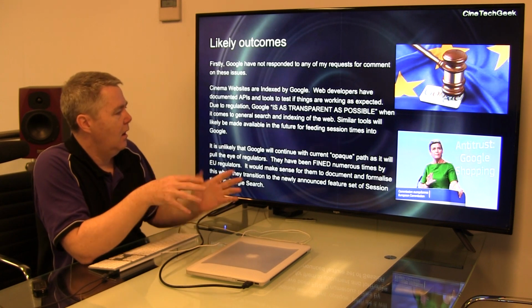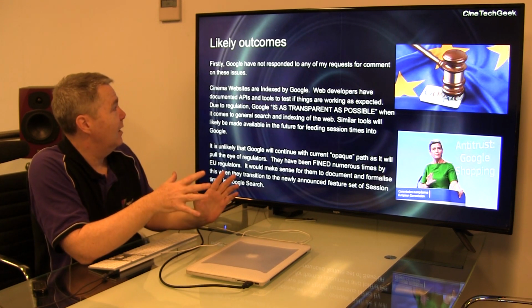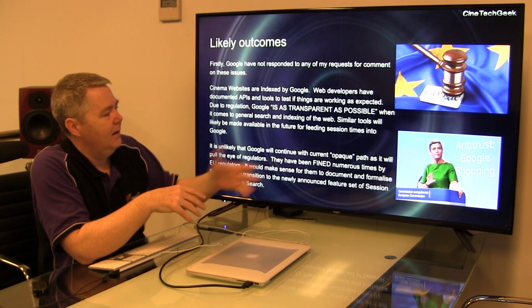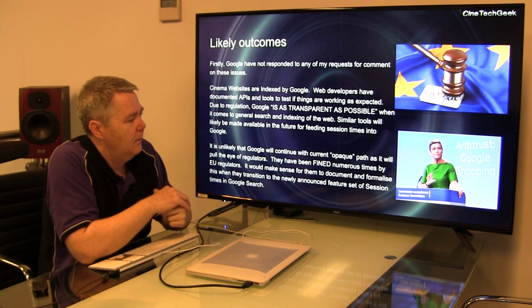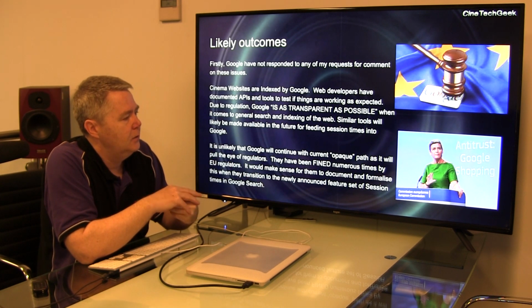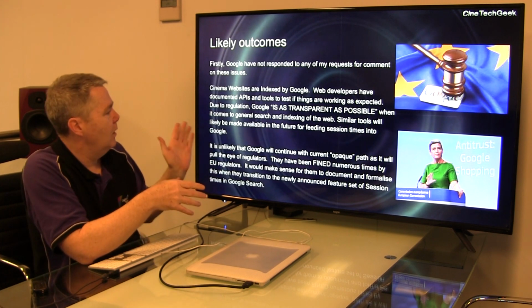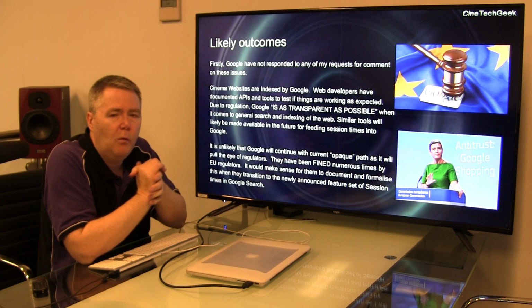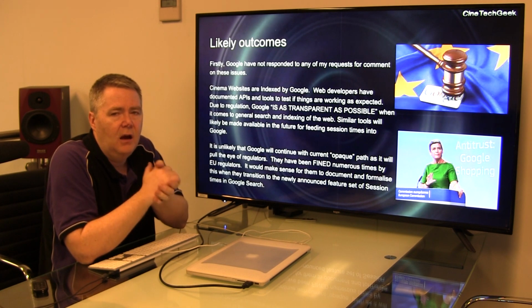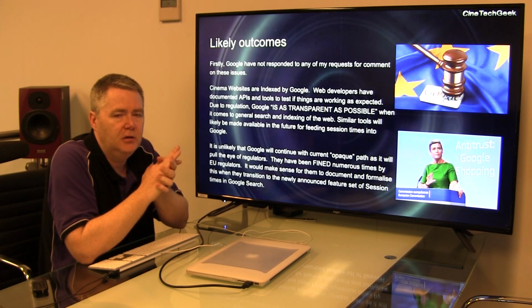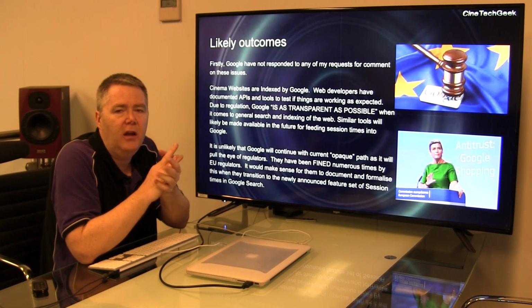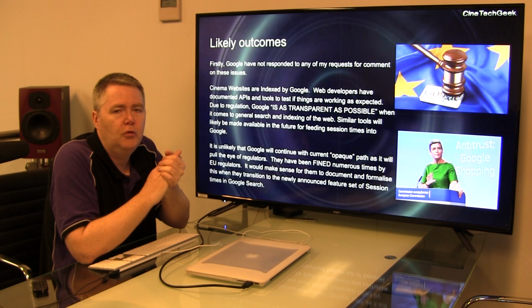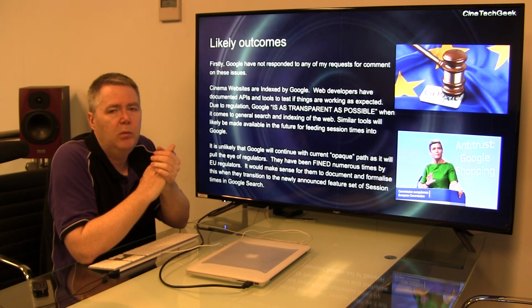Likely outcomes. Now, in the past, Google's been rapped on the knuckles for doing a few things which look a little bit strange, and one could see this lack of transparency in the current way things are done as a red flag to a bull, in terms of, do you want to attract the attention of some regulators? That would be my suggestion to Google, that the current way of doing things is probably not